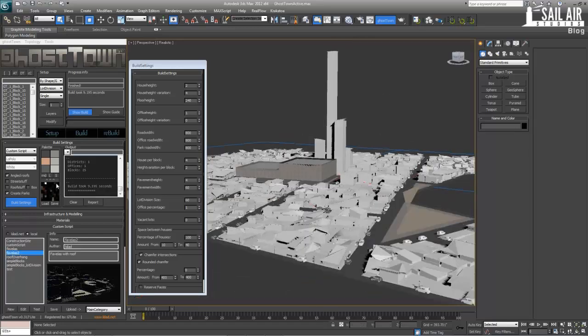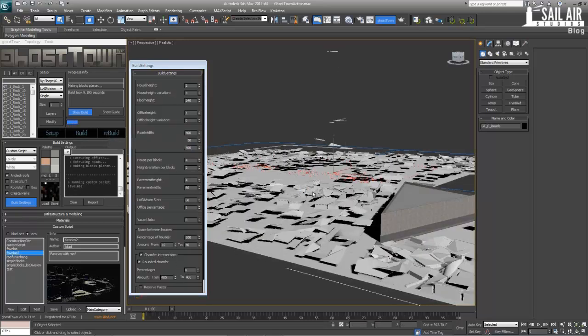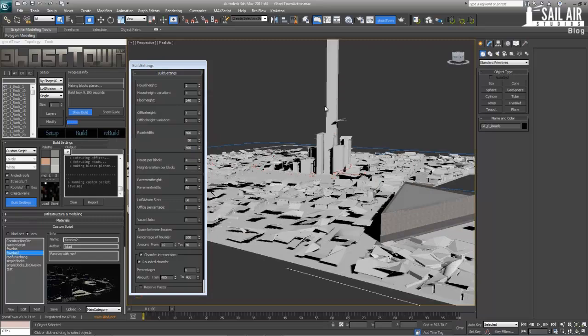So what we want to do is hit custom script, favelas 2, turn off street stuff and roof stuff, and favelas don't usually have very large roads. So we'll hit all the roads down to 400, and we don't really want any office buildings, so one's good enough. And we'll rebuild, and as you can see, there's an office building there, a really high-rise building